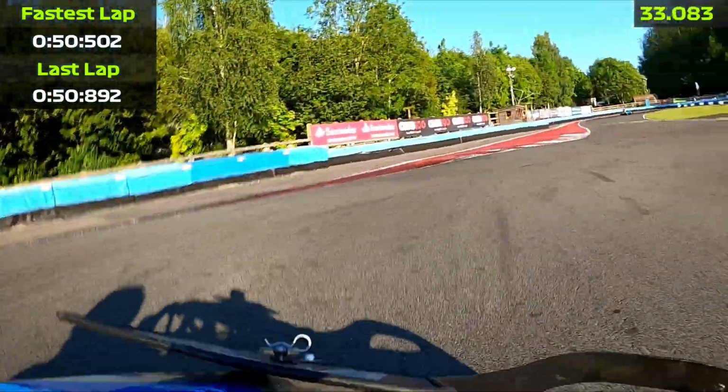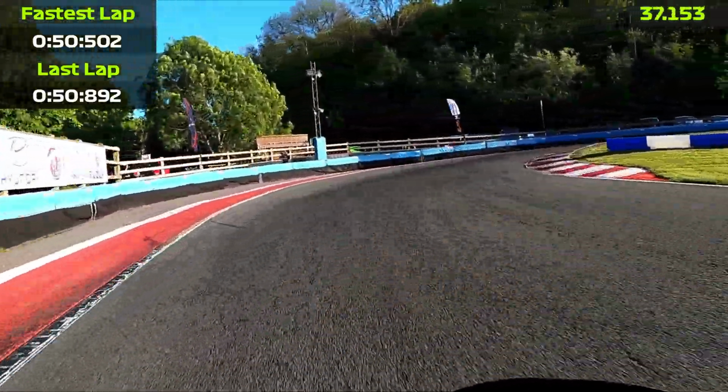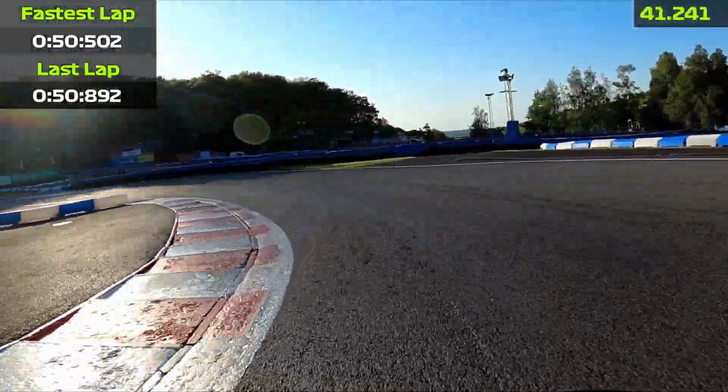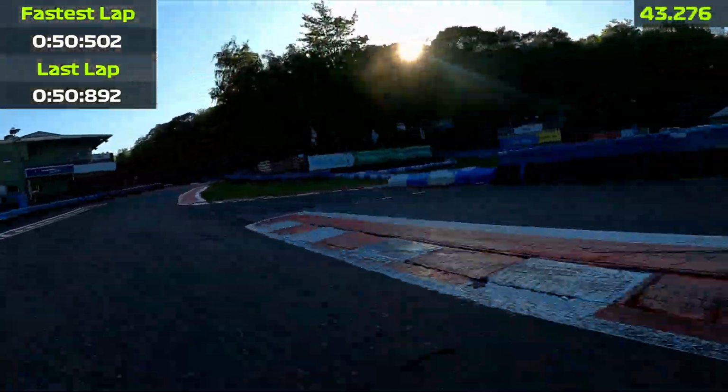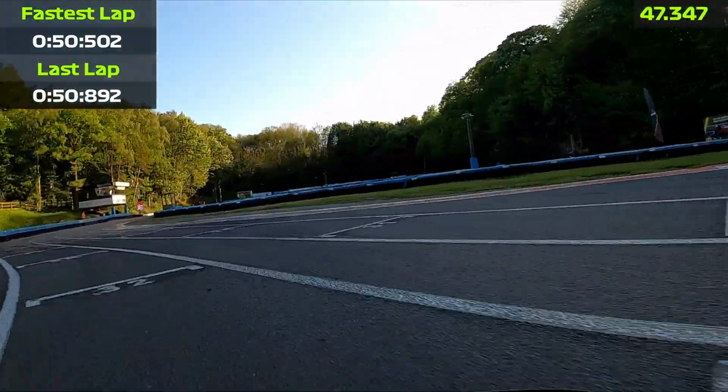So again, taking a bit more of a different line here, going a little bit narrower to try and get a better exit coming up the hill, and again just trying to take it as close as I can to Garda on the curb without actually running over it too much. I don't really carry enough speed coming out of the corner, and obviously that loses me a bit of time,